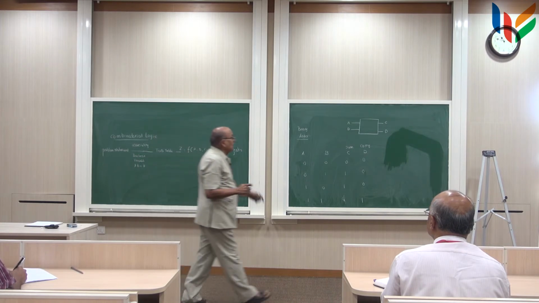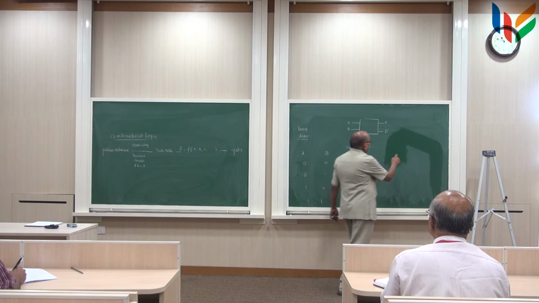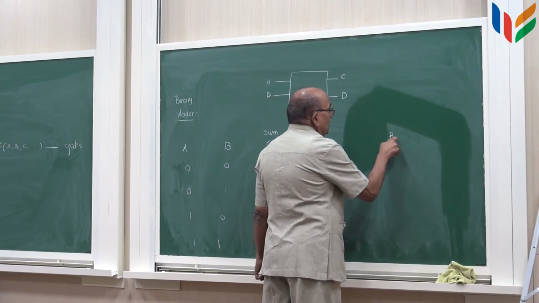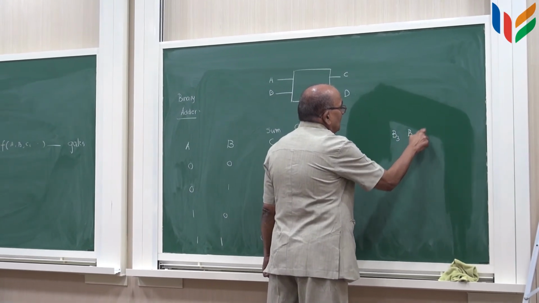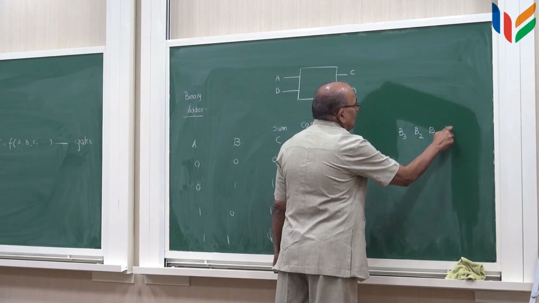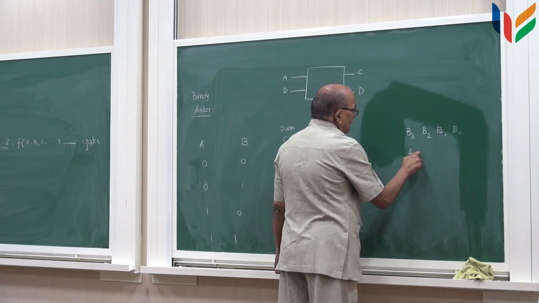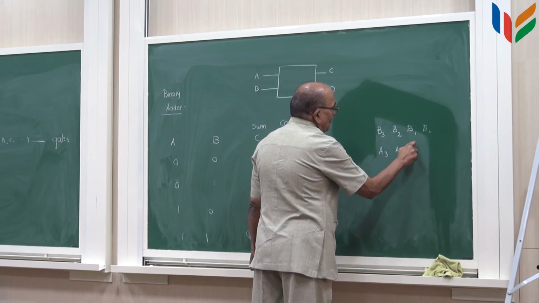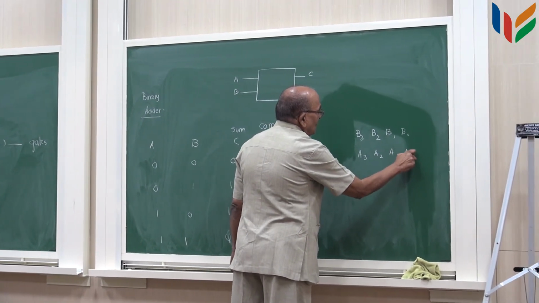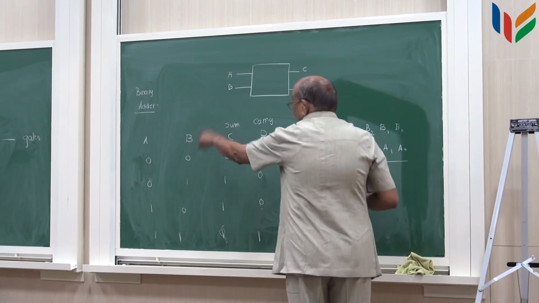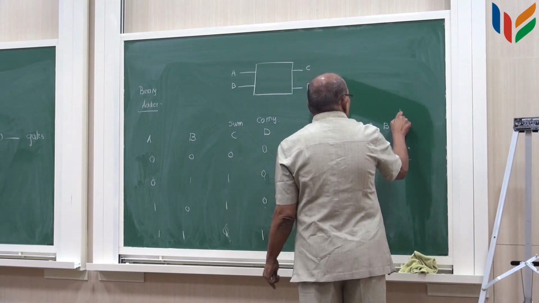That is, if you have 2 numbers B3, B2, B1, B0 and A3, A2, A1, A0, you do this truth table for each one of these